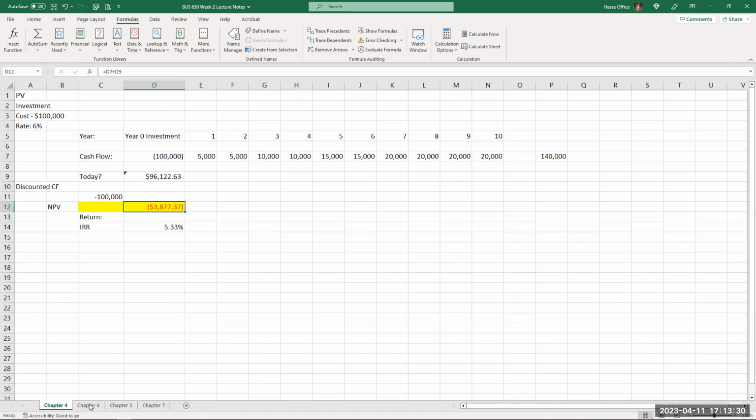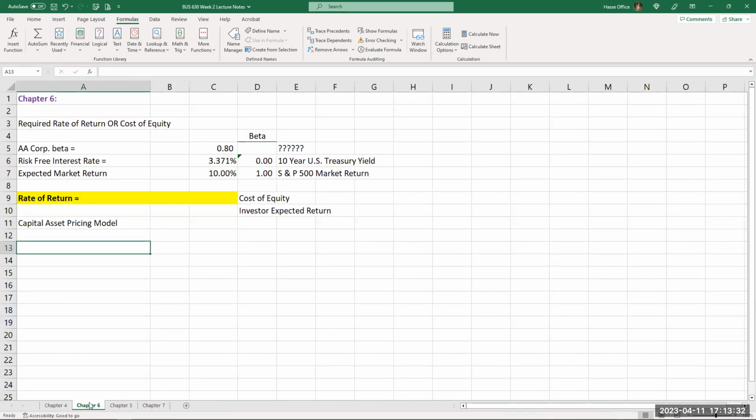Another key concept is from our very first week of discussion, the risk and return, or the cost of equity. Remember we talked about this last week. It's the capital asset pricing model. This takes into account, as of today, what is the investor expected return on an investment. And remember, we learned the capital asset pricing model as being the risk-free interest rate plus the market premium rate times the beta of a company.